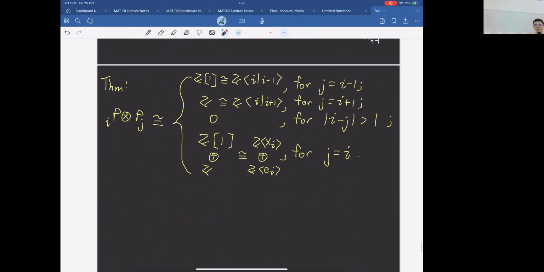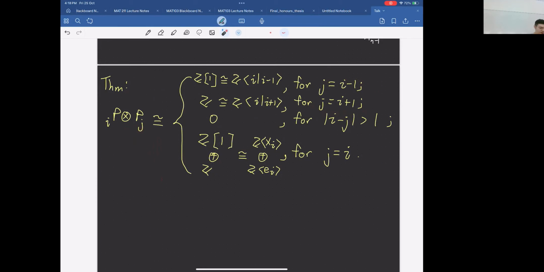Right. So if I want to tell you about calculation, I need to tell you how this right module and left module compose. I mean, tensor together. So if you tensor with different J, you get a different Z module. For example, in these two cases, if you consider a path from I to I plus 1 or I minus 1, what could it be? What is a path that starts with I and I plus 1? So in our case, it's really just I to I plus 1 or I minus 1, because we cut out longer paths already.